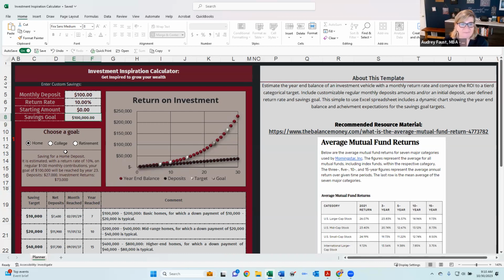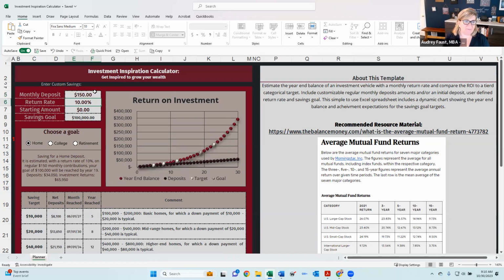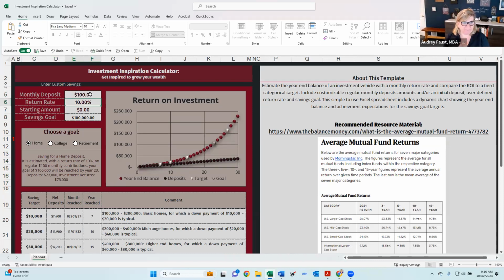Isn't that amazing? And this is where they say starting early helps, right? Compounding. So let's just say if I up to 250, how much time would that save me? That would save me 4 years. It would take me 19 years. So that's not a big difference. Honestly, I think I'd stick with 100, right? I like that. 23 years. It only takes me 4 more years at $100 a month to get to that $100,000.